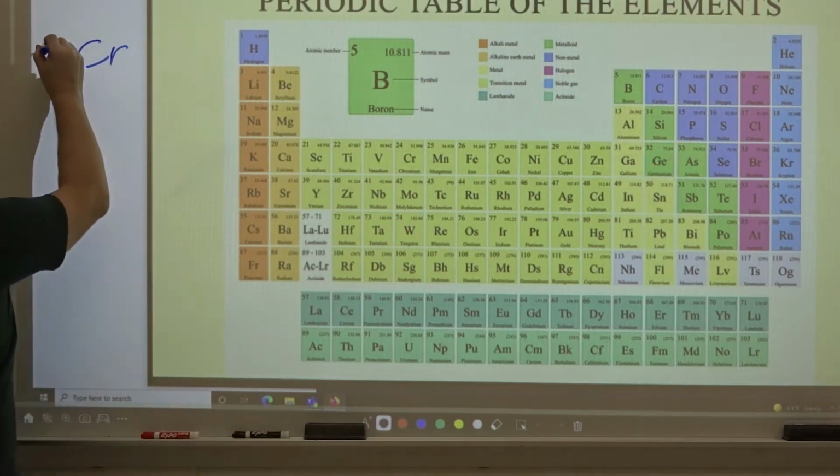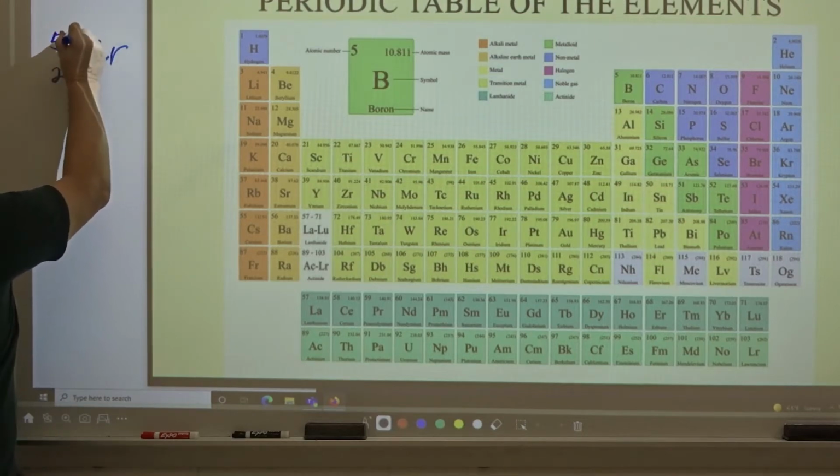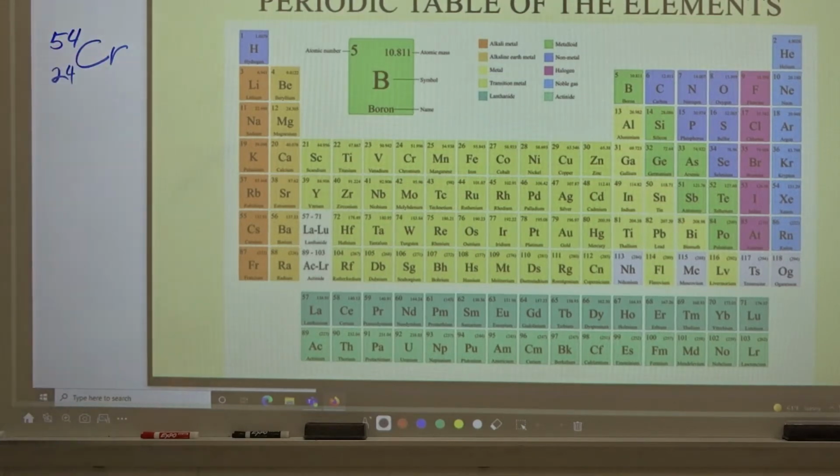We can pick anything. It doesn't even have to be a real isotope. If we have chromium 54 with 24 protons, and if you subtract 24 from 54, you get 30 neutrons, or just an atomic mass number of 54, then if you have alpha particle decay,